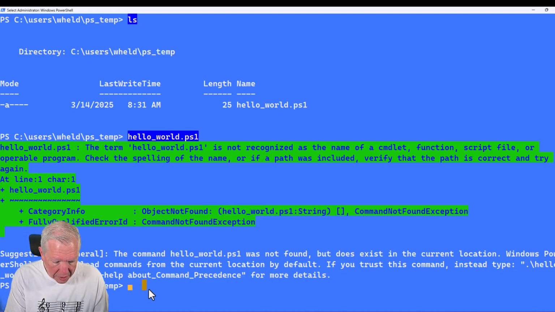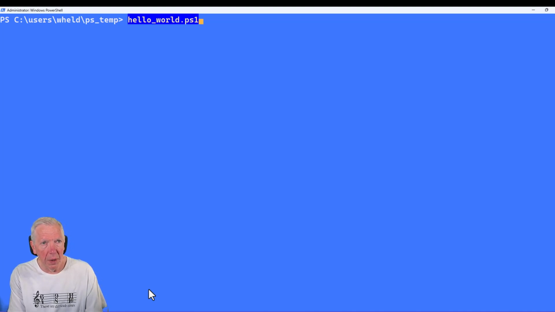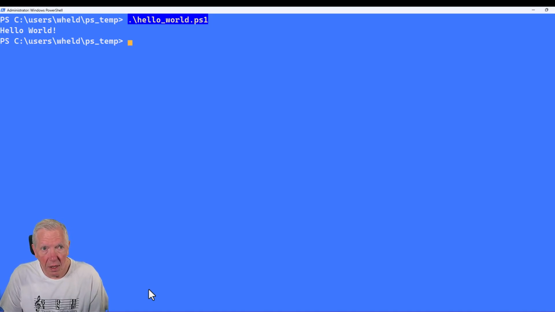So I'll clear the screen, hit my up arrow, and put in a .\ and let's see if it'll run. And it did just fine. So if we know that we're in a directory that is not in the path where PowerShell will go to look to execute scripts, and we're in our local directory here, we need to execute that script with a .\